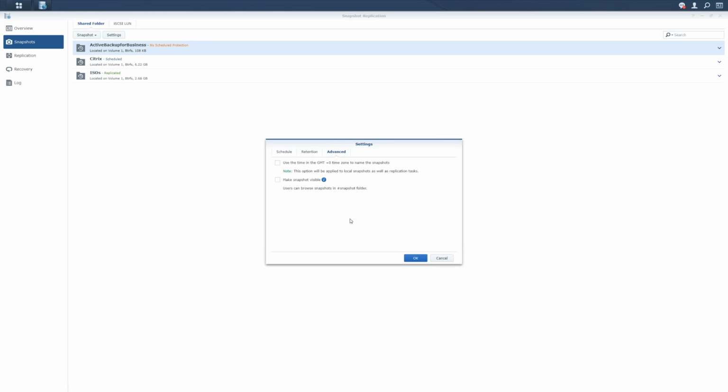And the last thing I want to mention here is this make snapshots visible option. When users access the NAS, let's say they log into the web browser, which is the easiest way to log in remotely if you don't have a VPN set up, you can make the snapshots visible to your end users in a folder. As I mentioned before, this is read only, so all they can do is copy data out of it. They can't mess with any of the snapshots. This is a good option for administrators who just want to make things easy. If they are connecting through an SMB share through Windows, it actually does integrate with the previous versions feature, so you don't have to make the snapshots visible for Windows. This is just for when you connect through anything else.